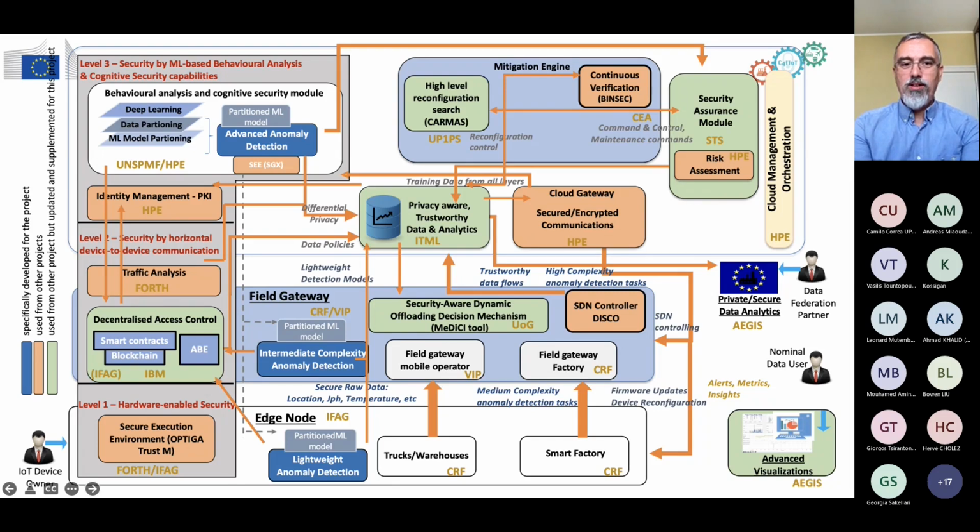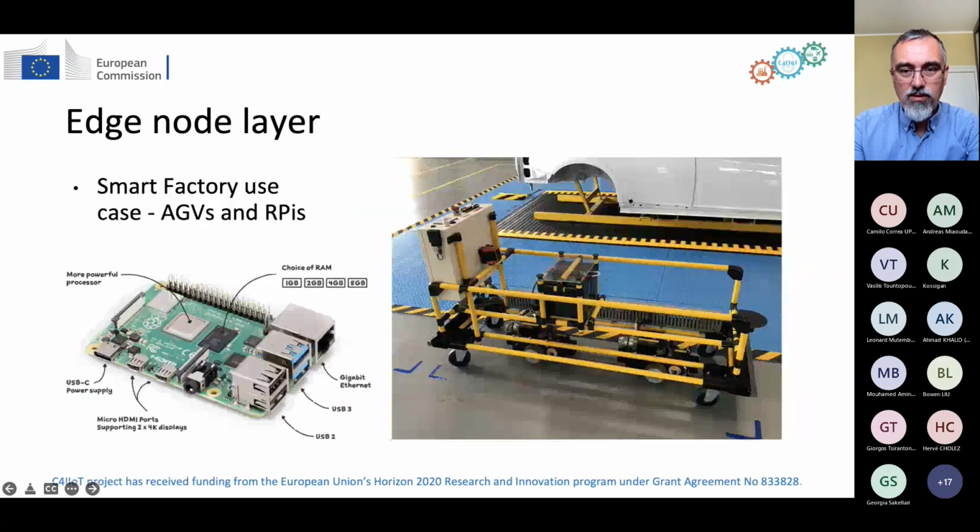And this is actually similar in the smart factory use case. We can deal with the cloud later. In the smart factory use case, we have a similar thing, but in this case, I think I have a picture here. This is a Raspberry Pi device, much more powerful, with I think 520 megabytes of RAM and some ARM processor, but much more powerful than the one in the microcontrollers, and they're attached to the AGVs. This is an AGV,